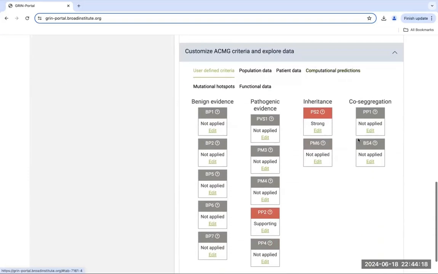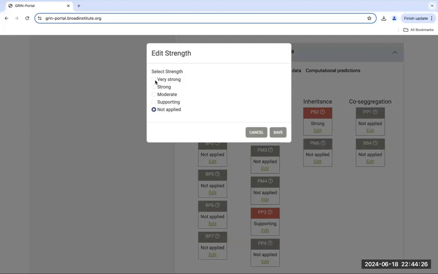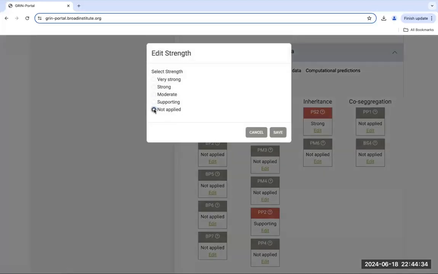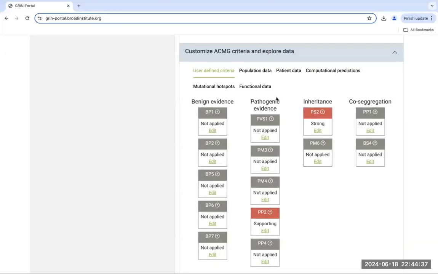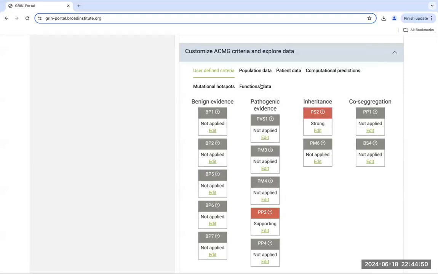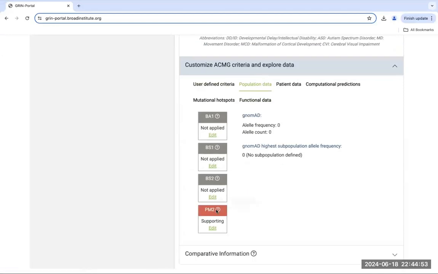Additionally, you can customize the ACMG criteria in the Customize ACMG Criteria and Explore Data tab, which will also modify the ACMG classification. This tab includes the user-defined criteria supporting the pathogenic evidence PP2 and strong PS2 inheritance evidence. It also includes the population data, the patient data,